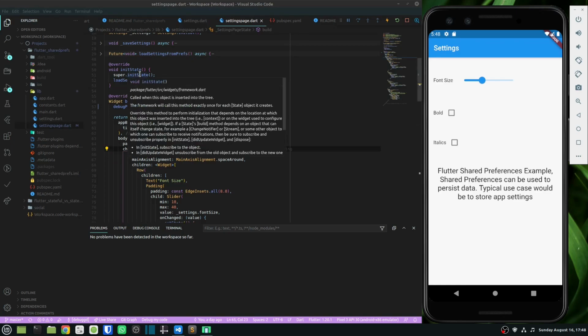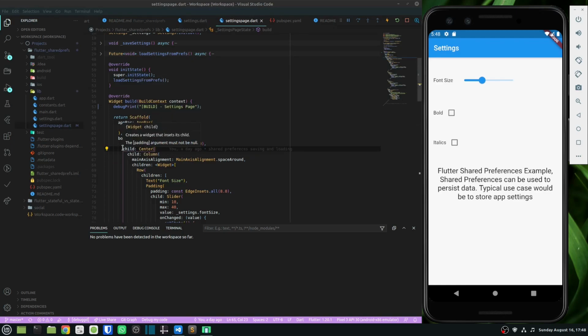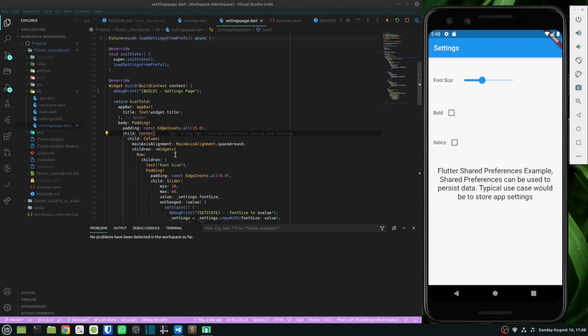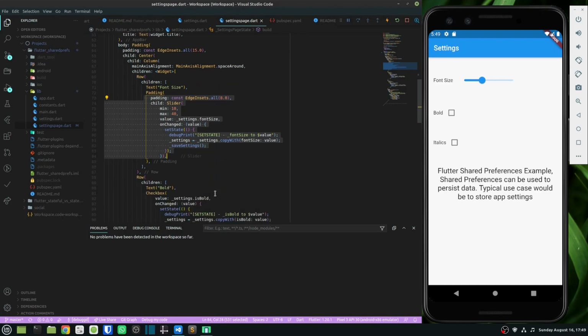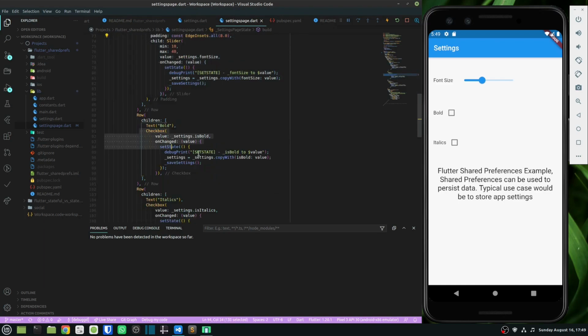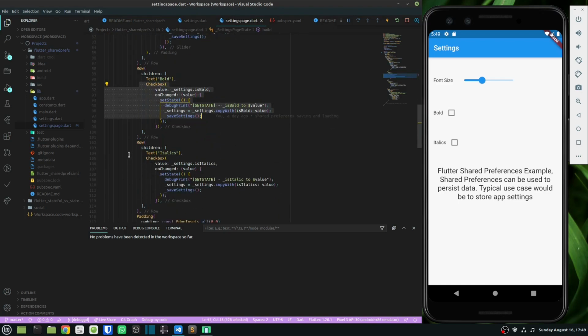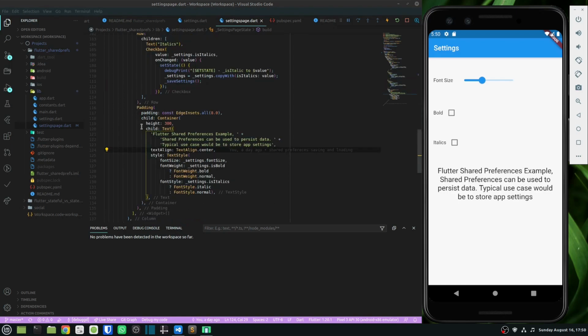In my settings page, I have added the components that I wanted to display for my settings. So I have got the slider, which represents the font size, and then I have got a checkbox for the bold and another checkbox for the italics. Below that, I just have my text widget, which will change as my settings change.